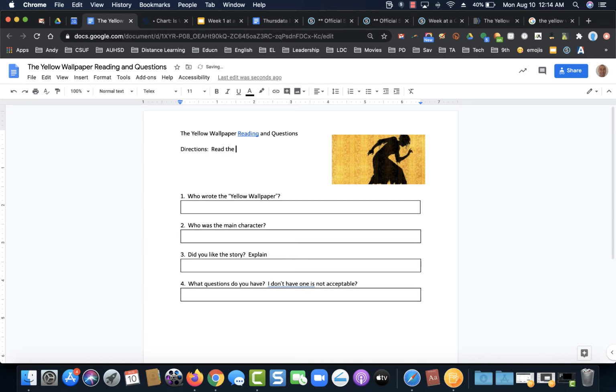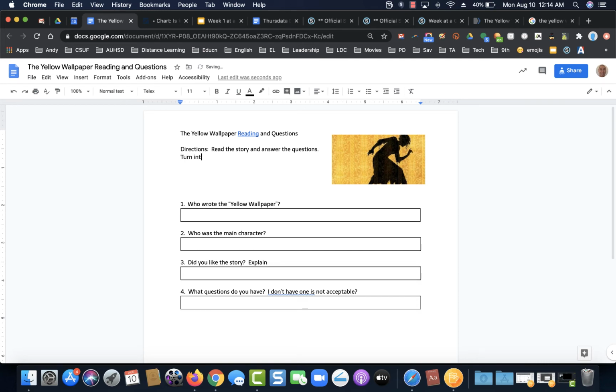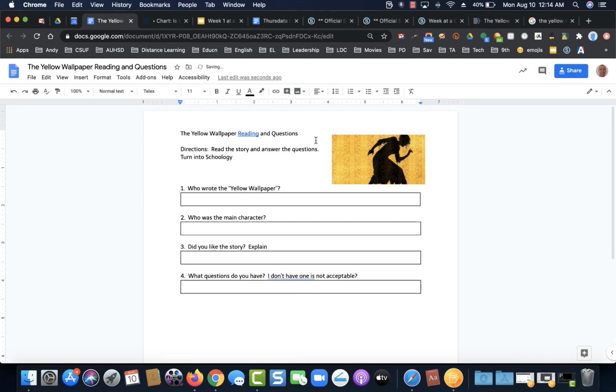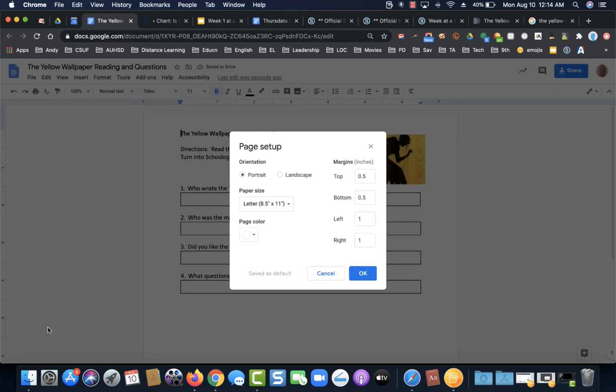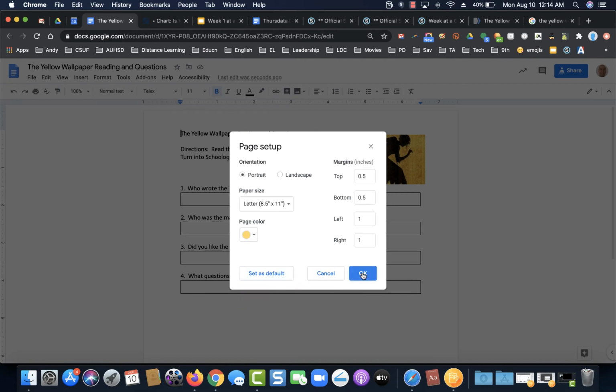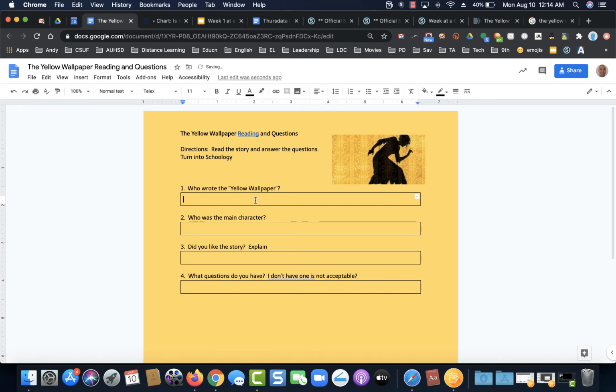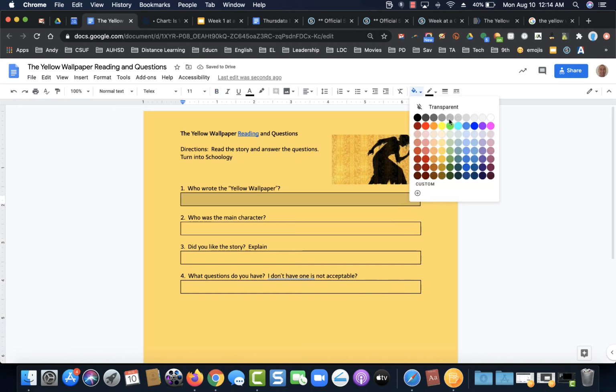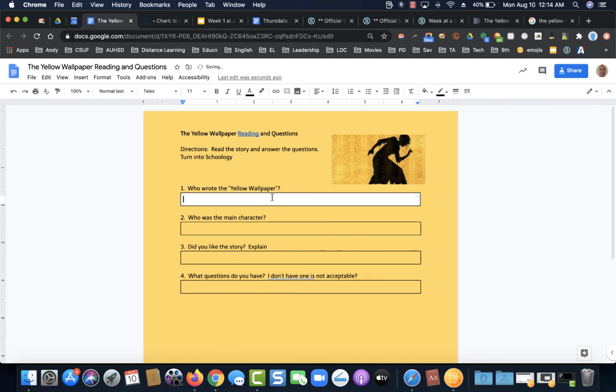directions, read the story and answer the questions. Turn into, you could say turn into Schoology. So if you know your questions, it's going to be pretty simple to do. I'll bold that. If you want to dress this up even more, if you go to File, Page Setup, and choose Page Color. So the story is the yellow wallpaper, so if we have a yellow background, it'll look like that. And if you want this to be white, you're going to choose White Fill,